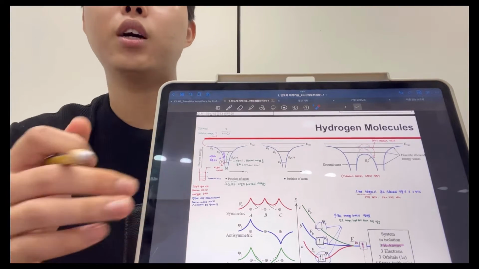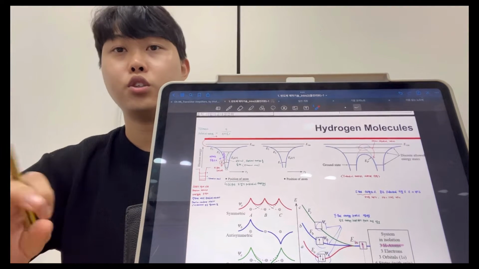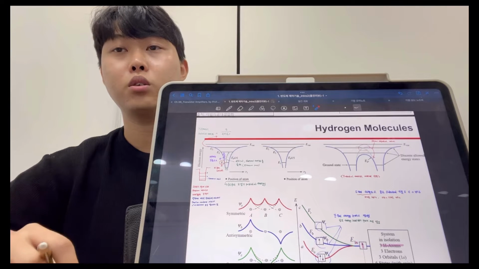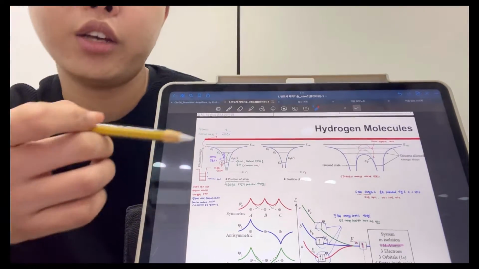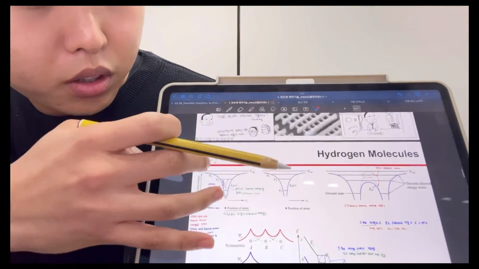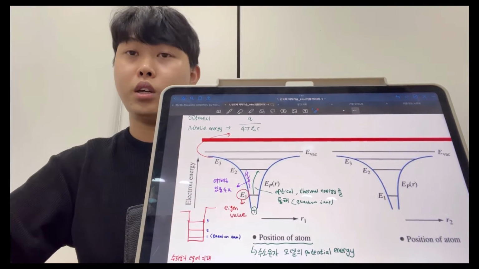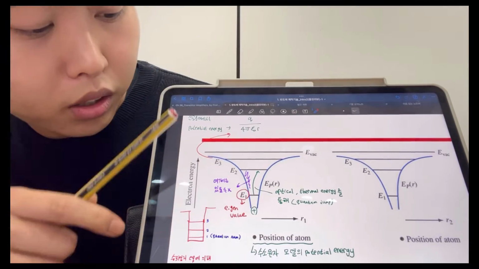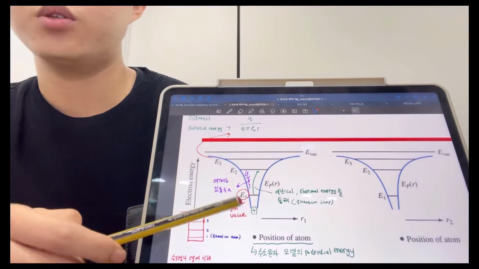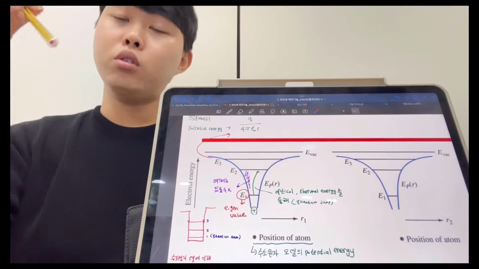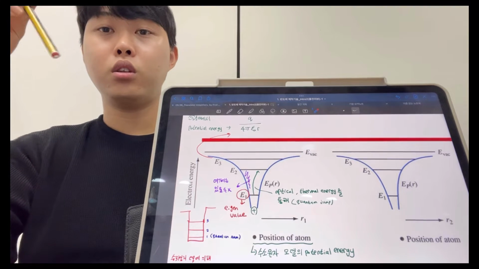So, in the previous class, we talked about hydrogen molecules, valence band, conduction band, energy gap, and some solid crystalline structures. We're going to first look at the hydrogen molecule. This is the most simple model of the hydrogen molecule. As you can see here, we have a blue curve and some horizontal black lines. The blue line indicates the potential energy of the molecule, and the horizontal line indicates